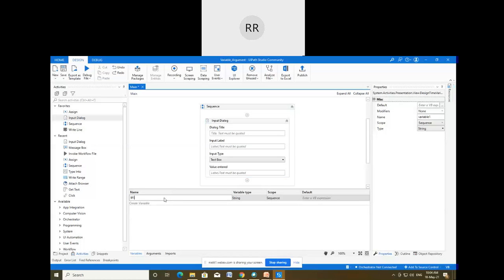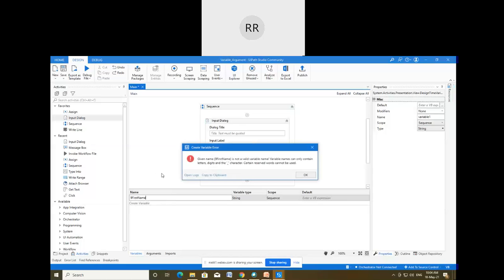Suppose 9, same example, first name. So I have created a variable starting with an integer. We'll see that this is not going to be created, and we'll get a warning once I hit the enter button. You can see here we are getting the error: given name 9 first name is not a valid variable name. Variable name can contain only letters, digits, and underscore character. That means we can use the integer, but it should not be at the beginning of your variable name. So this is the warning that we'll get.